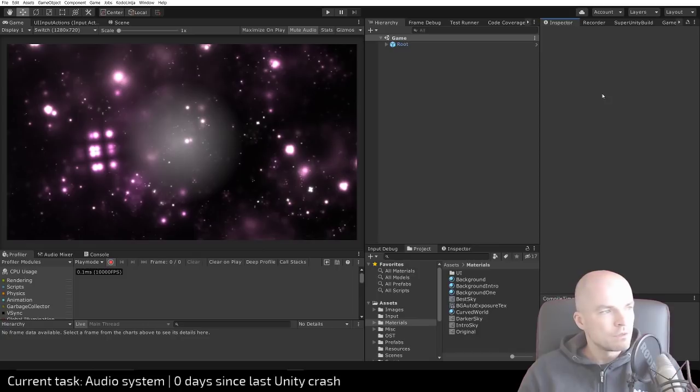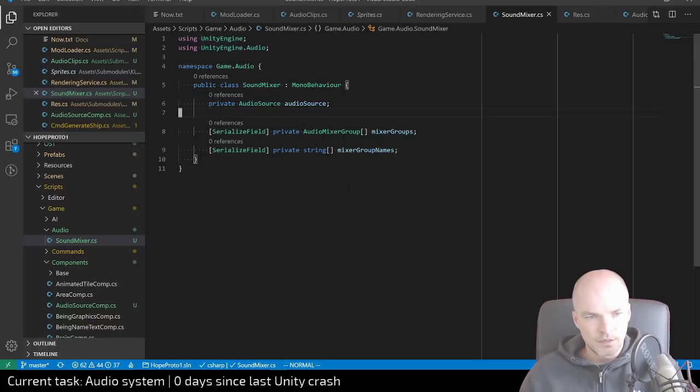But now I'm thinking that we might want to have two separate systems for the soundtrack and for the rest of the sounds. And maybe even 3 different systems. So one system would let you change the settings and the volumes for the mixer groups. Then a few more systems would be handling playing of the sounds. But no, actually no. It would be better to just have